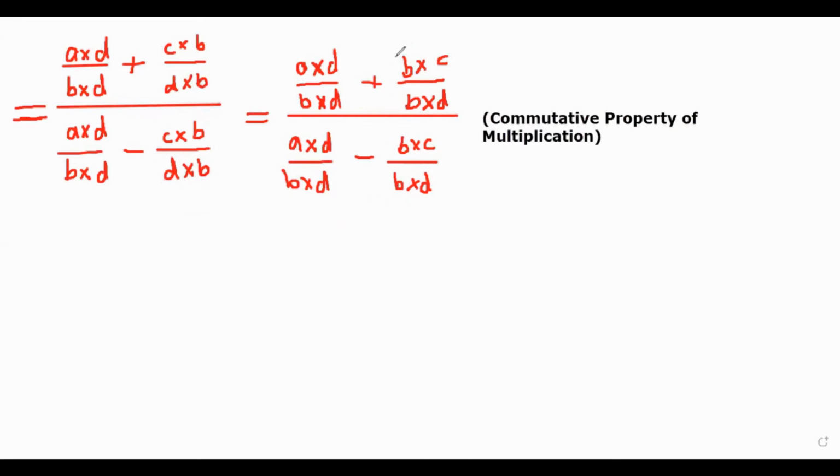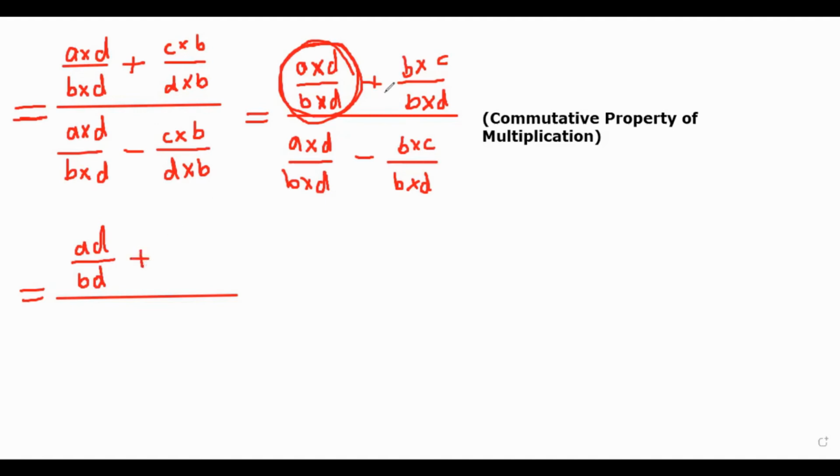Anyhow, now we have to move ahead, and we can write them without the cross symbol between them, which is better. For example, this is A cross D divided by B cross D. You may write it as AD divided by BD, because AD simply means that A and D are going to multiply with each other. So AD divided by BD. Simple. Because when there is no symbol in between them, then certainly they are being multiplied with each other. So there is no problem here.